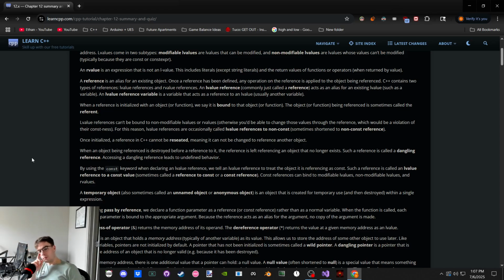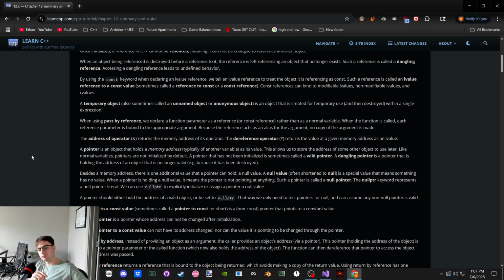Yep, the reference parameter is bound to the appropriate argument. So the third parameter is a constant reference. Our third argument is an int. Well, guess what? We get a reference to it, whether it's an R value, a non-modifiable L value, or a modifiable L value. It's an alias, so we are not copying. We're just looking where it is. Technically, there is a new object that's holding that address that we're looking at, and it's automatically dereferenced, but it's cheap because we're only passing a little address.